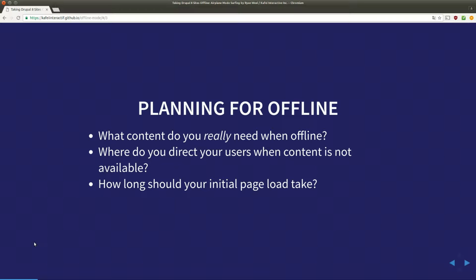and that was used for Front-End United 2016, and they made their conference schedules available offline. So if you had visited the site and then later disconnected and went back to the URL while you were offline, you could access all of the schedule data. I thought it was a very cool implementation. It's got me thinking about how I can make my own regional Drupal event take a similar approach,